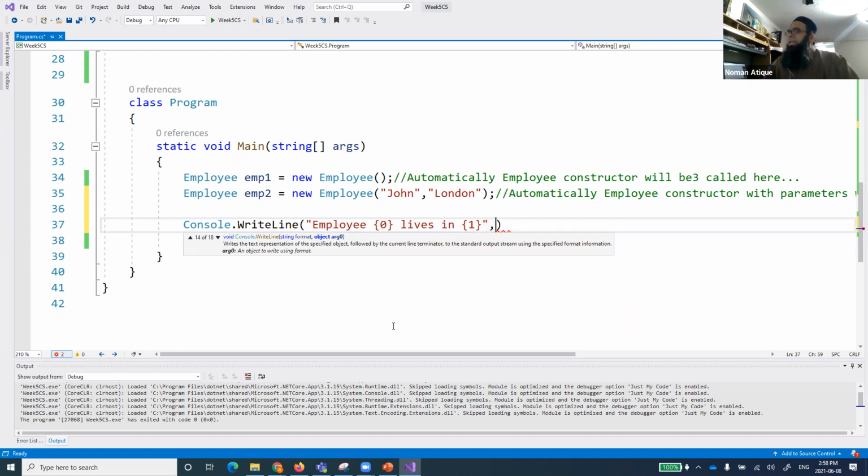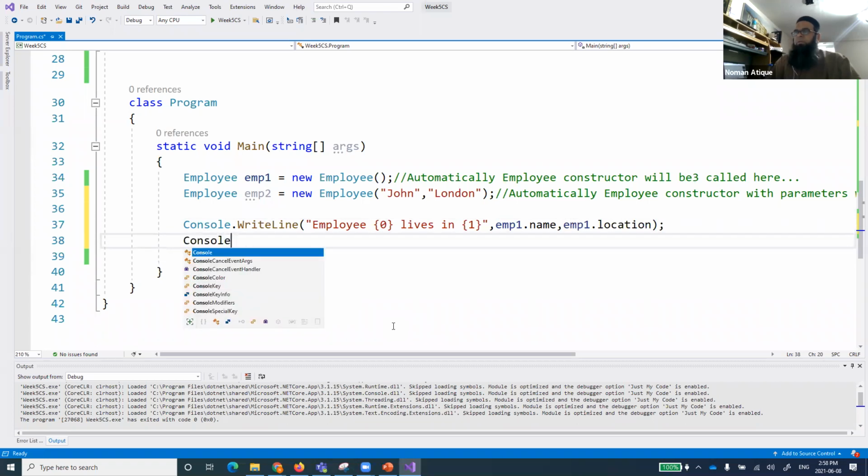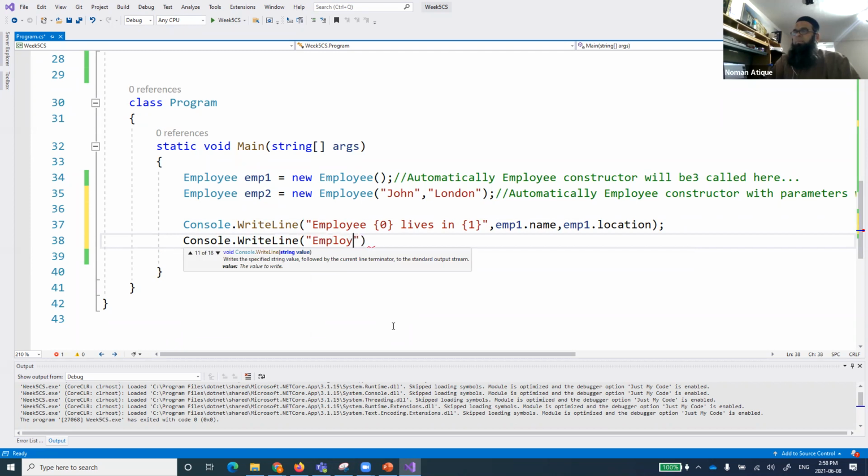Can I just directly print those values as well? So if I say emp1 dot name and emp1 dot location, yes, exactly.